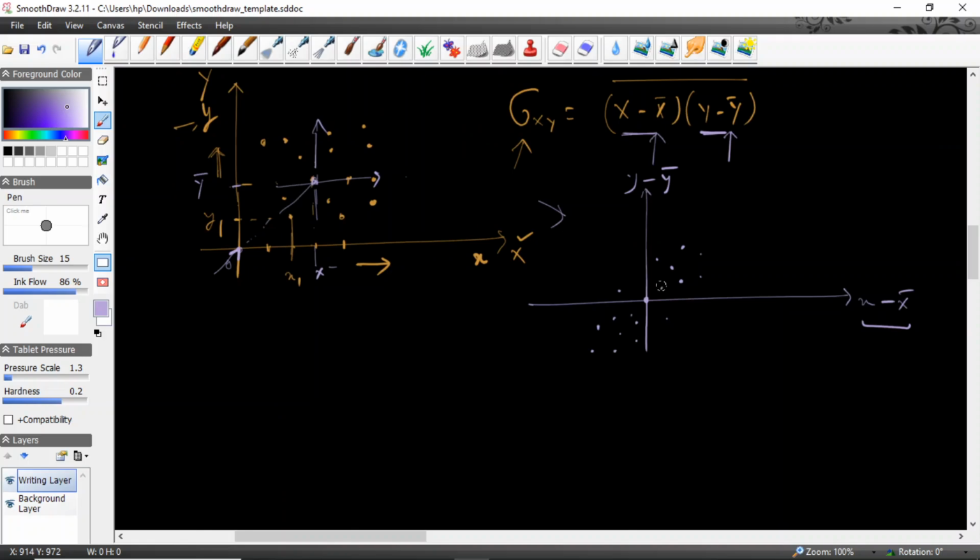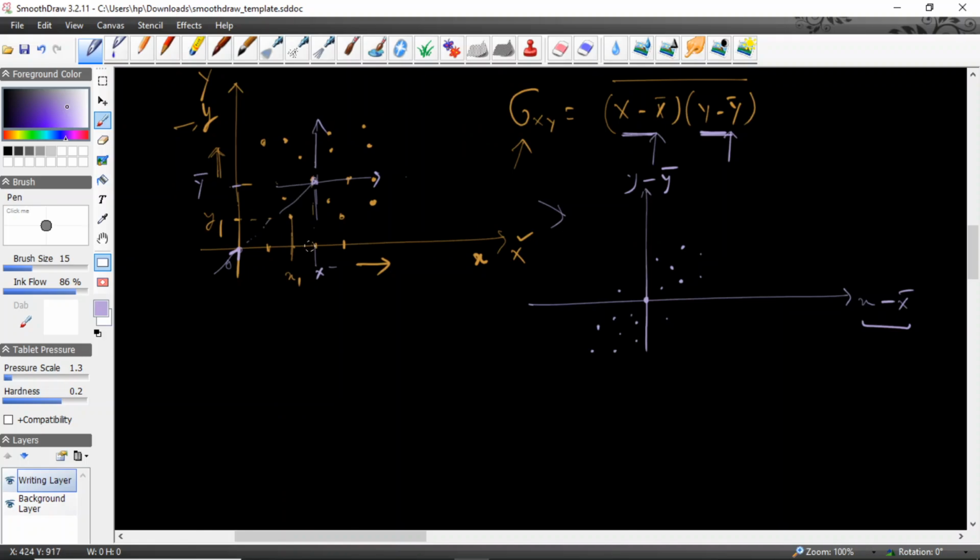Now you will see that in this plot, since you are multiplying them, multiplying this with this, and then finding the average or mean value, if these two variables x and y are correlated,